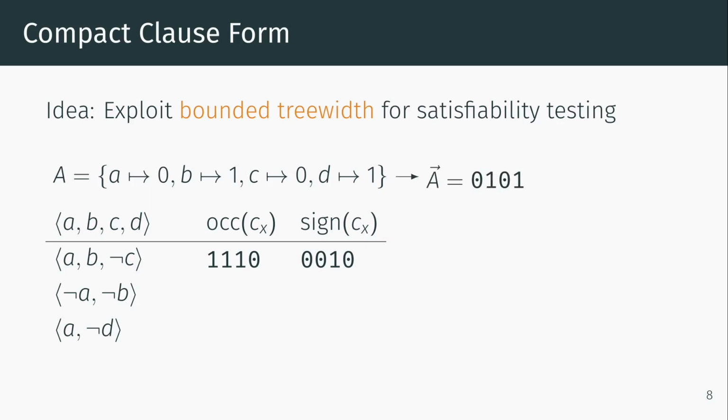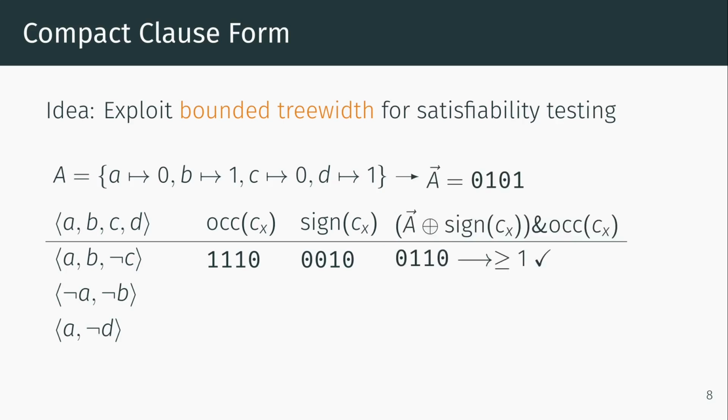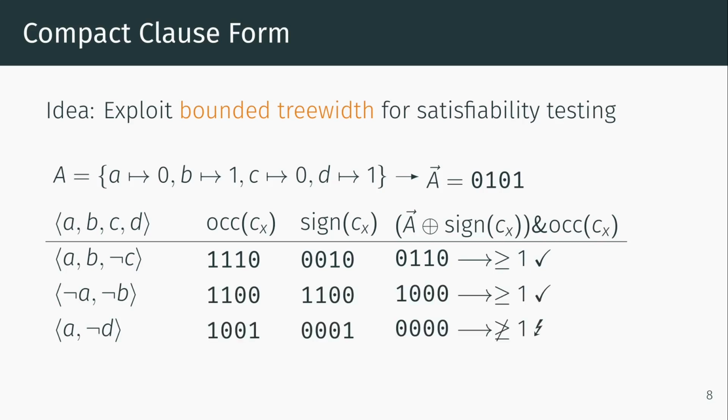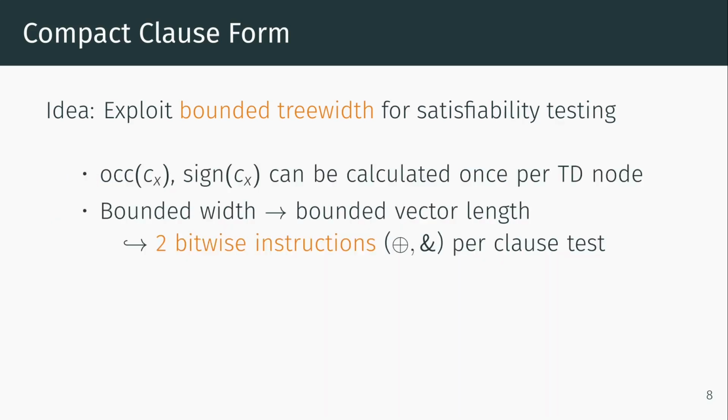Now the assignment is encoded as a bit vector as well, according to this ordering. Finally, by computing this expression, we obtain another bit vector. If this bit vector is non-zero, then we know that this assignment does in fact satisfy the clause. But for the third clause, we obtain a bit vector of all zeros, so this assignment does in fact not satisfy the third clause. So these two bit vectors can be calculated once per 3D composition node before invoking a